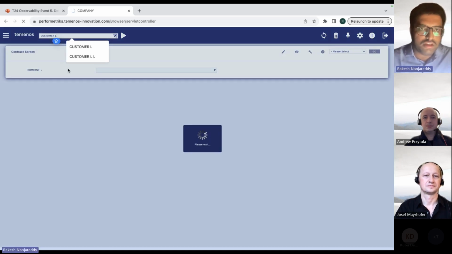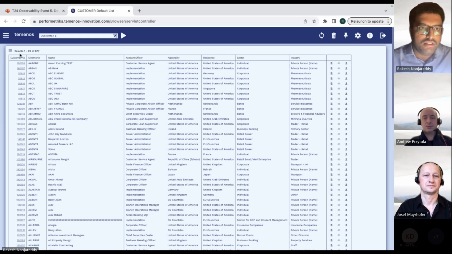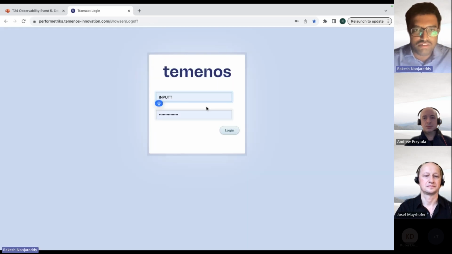I'm just listing the customers available in this particular R23 release. It's 677. And then I'll try to log off. So what I did is log in, do some action, and then log out. Can we see Dynatrace or any other third party tracking what I did now? Yes, it is possible to track all the actions from the login to the logout, what we did, how much